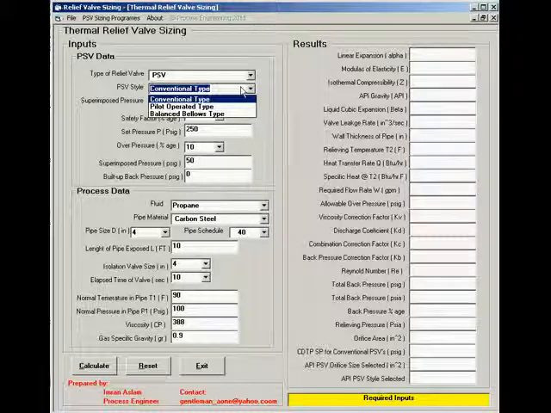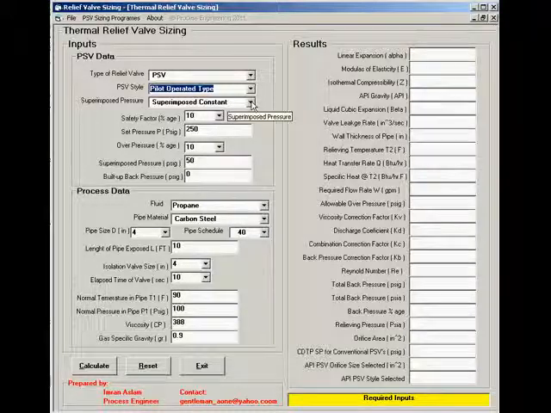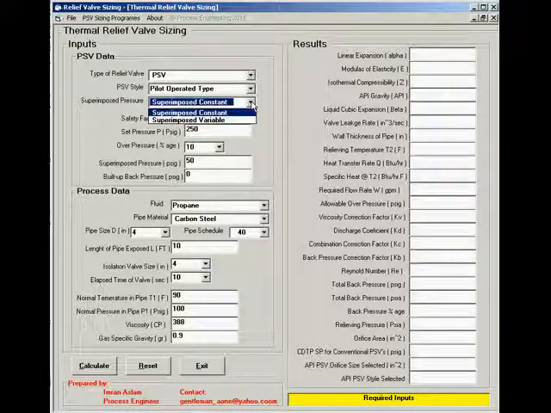For instance, I will select pilot operated style PSV. Now the next thing is the superimposed pressure. Here in this list, I can select either superimposed constant pressure or superimposed variable pressure. For instance, I will select superimposed constant pressure.